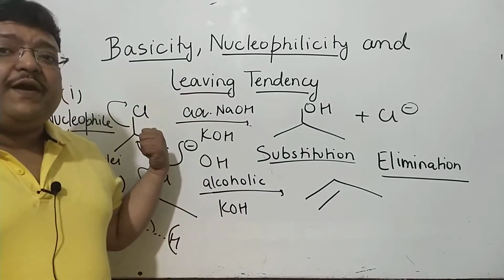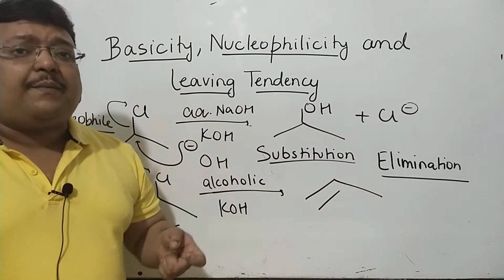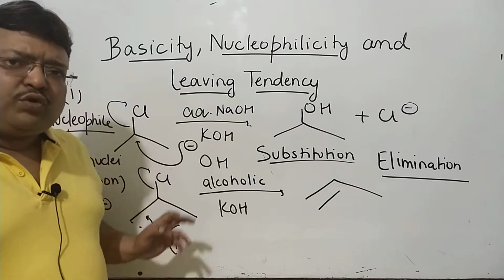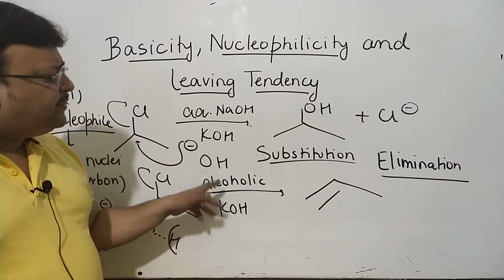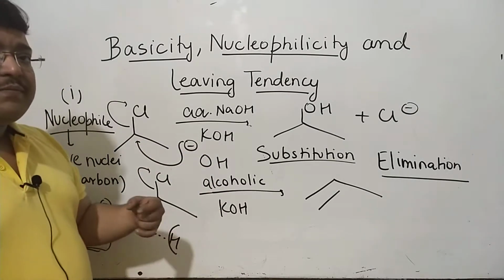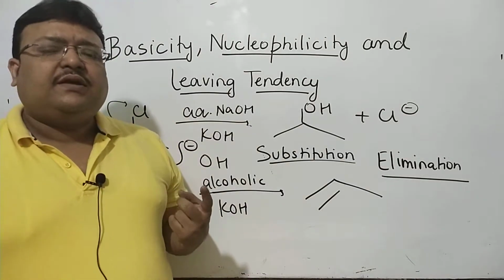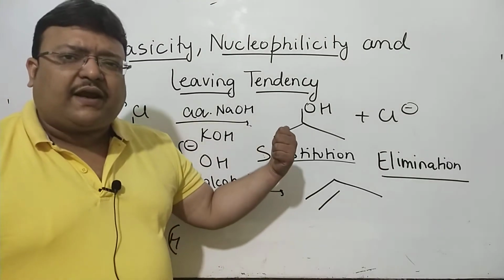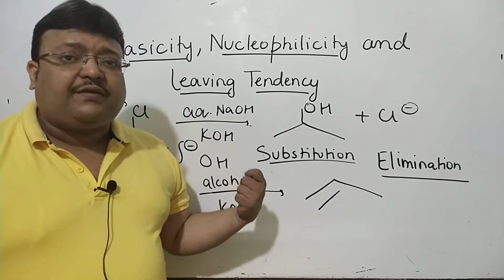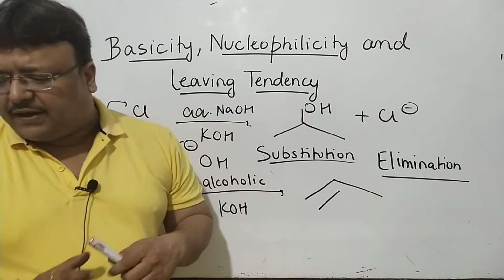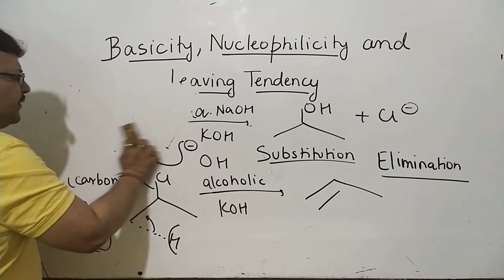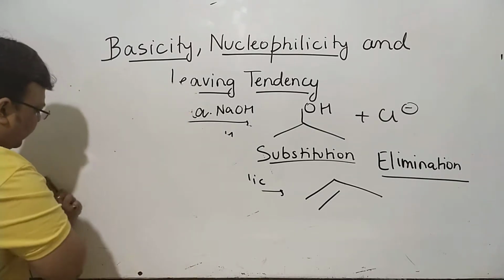So right away we have seen two differences between the terms nucleophile and base. One, a nucleophile is attracted to a positive nucleus, generally carbon, whereas a base will remove H+. In both the examples, the same species is acting either as a nucleophile, going to a carbon, or as a base, removing H+. Secondly, a nucleophile will carry out substitution and a base will carry out elimination reaction. So we have seen two basic differences between a nucleophile and a base. Let's take it up in more details.